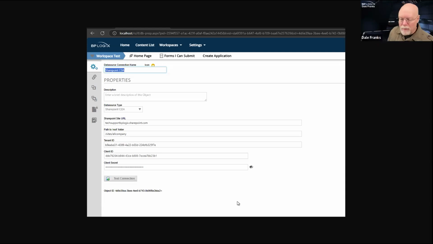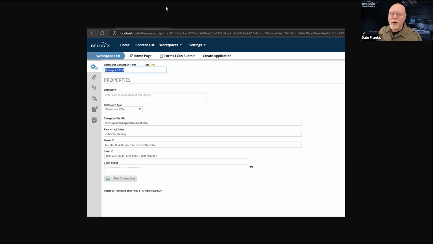So you'll be able to have two different data sources, but you'll be able to share those values from your Azure AAD application, your Azure registered application, for both of these data sources. So it'll be very similar to what we're already doing for SharePoint and Azure OAuth. So this will be a new data source that gets created.